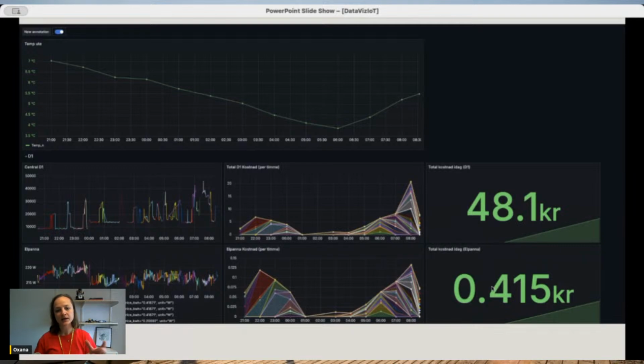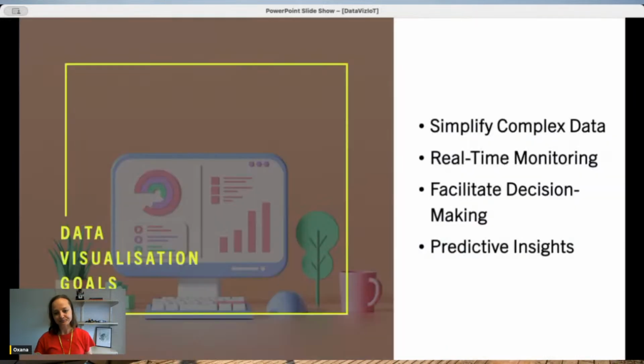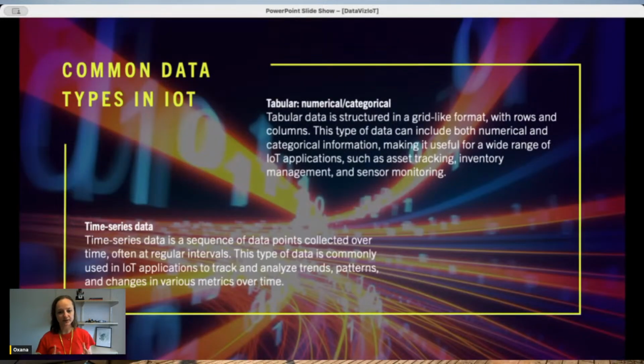In the case of IoT, it's often also the case that your system is monitoring something and only changes get reported. But in general, all time series data is similar then. And along with that, you often also have more tabular data, so numerical and categorical data that is connected somehow to these measurements. It could be asset tracking, the status of the sensors, or locations of the sensors. It's more of a categorical